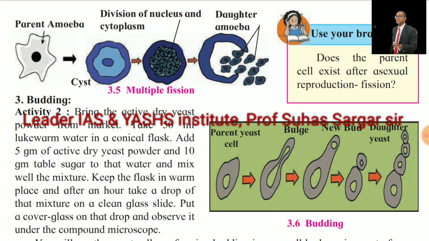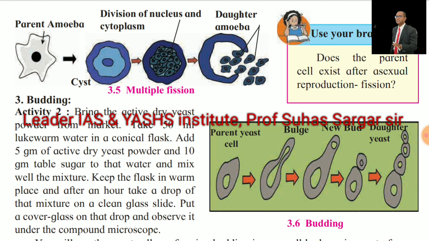Third, budding activity. Second, bring the active dry yeast powder from the market. Take 50 ml of lukewarm water in a conical flask. Add 5 gram of the active dry yeast powder and 10 gram table sugar to that water and mix well. Keep the flask with the mixture in a warm place, and after an hour take a drop of that mixture